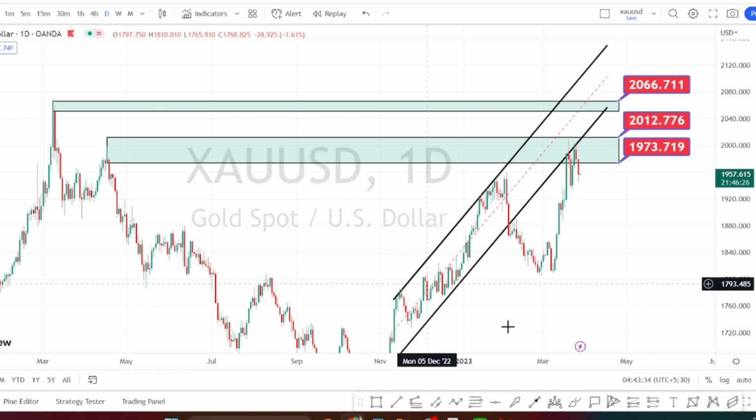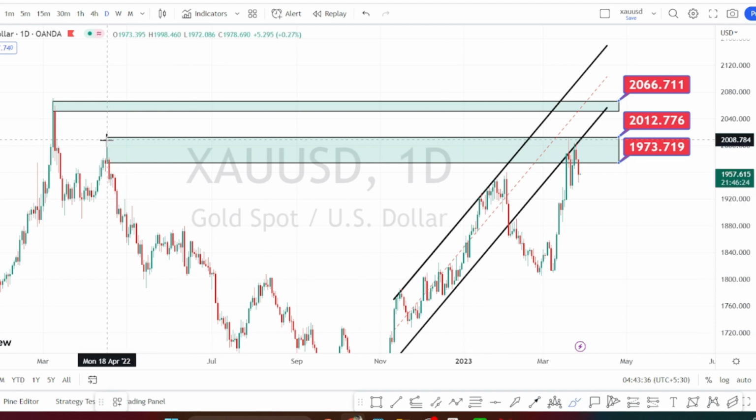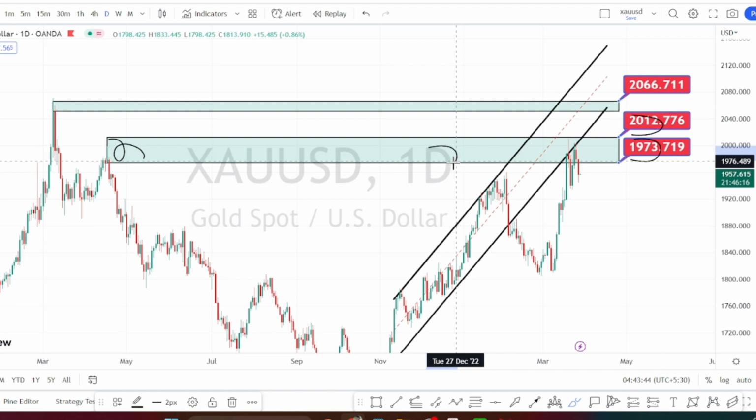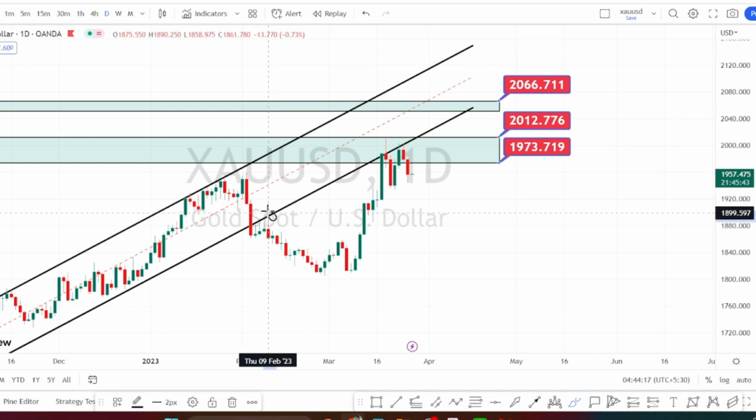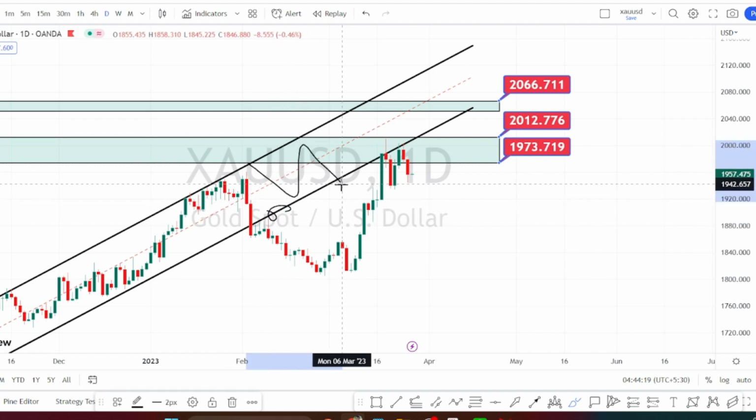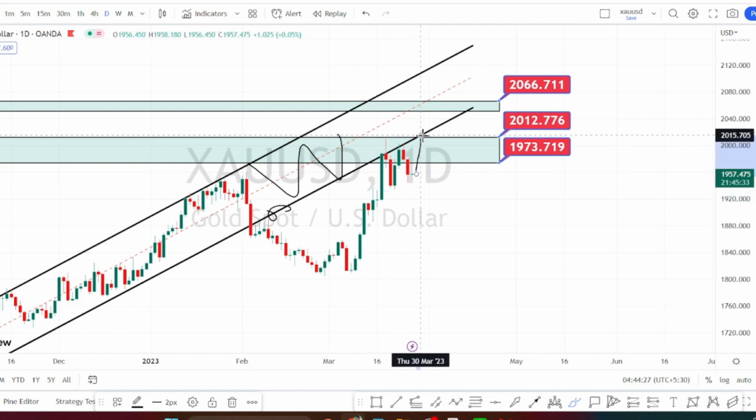So I am in the daily time frame now, and I have already mentioned that this zone between 2012 and 1973 was acting as a very strong supply zone, and we can clearly notice that the price has been rejected from this supply zone and is in a bearish side retracement in the daily time frame. For now, this support line of the bullish channel pattern is acting as a resistance line for the current price action. So the price action has to break this resistance line in order to continue its bullish side retracement